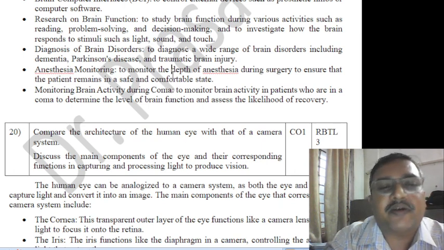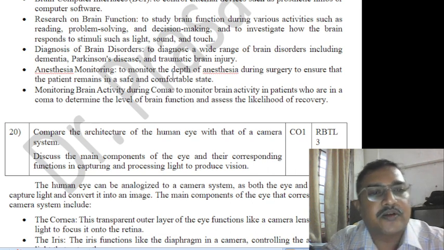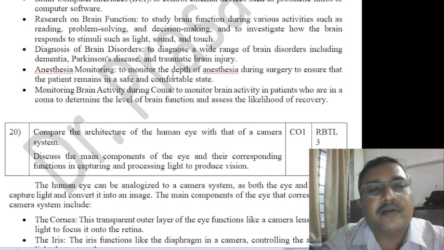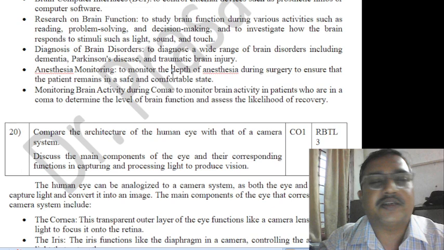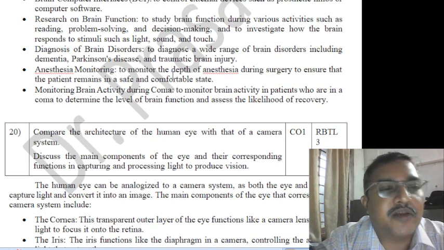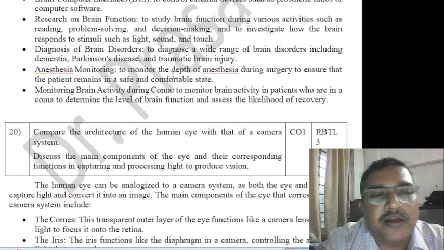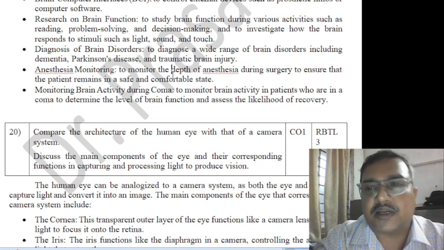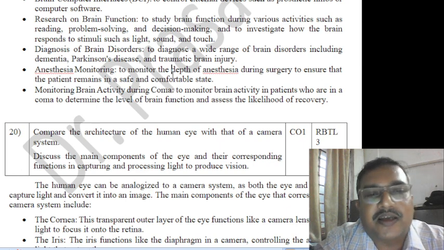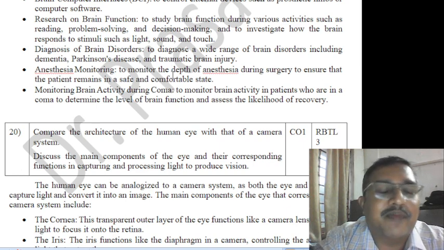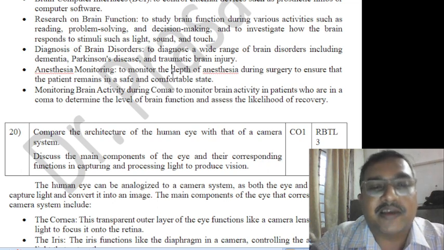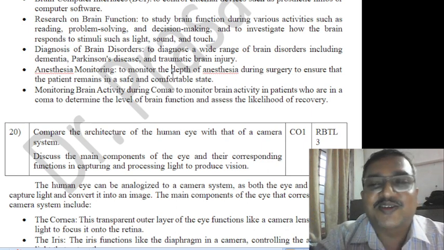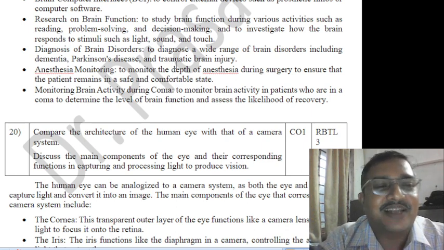Anesthesia monitoring means when we undergo a surgery, to avoid that pain, not to feel the pain, they will put an injection which is called anesthesia, which makes us sleep. Okay, that is a forced sleep. So during a forced sleep, what is happening to the brain, they need to monitor. Sometimes the person, if too worried about the surgery, after giving the anesthesia, the brain will be thinking, oh, what is happening in my body, whether he will cut it properly, or whether he forgets to stitch it, what will happen. All those things will be there. Maybe these are possibilities, I'm telling. So anesthesia monitoring is also very important.